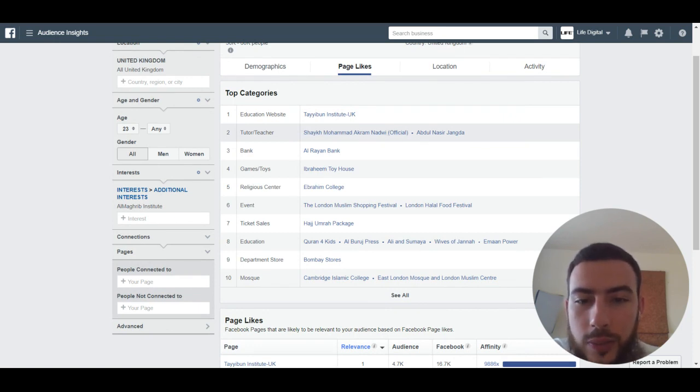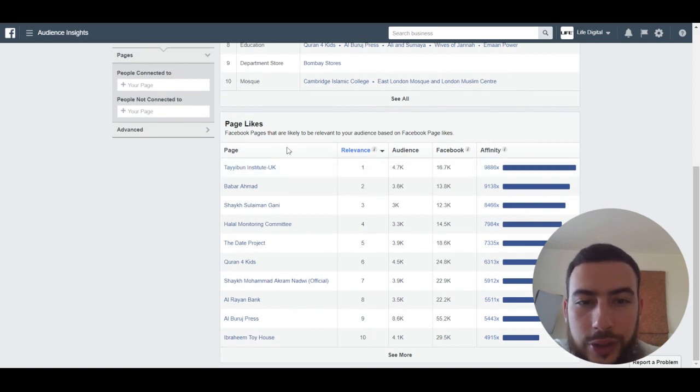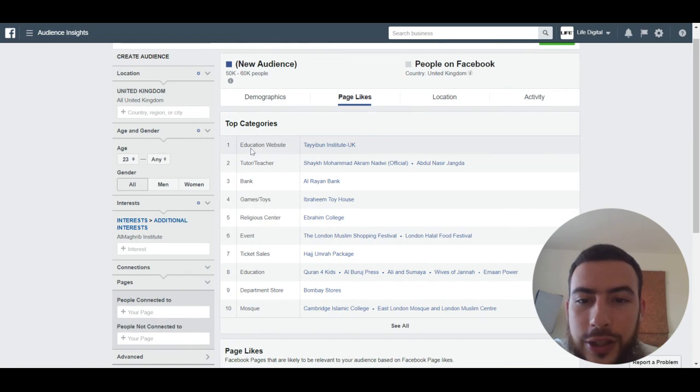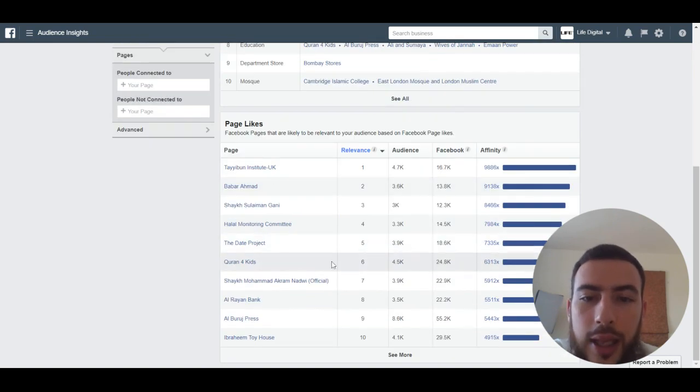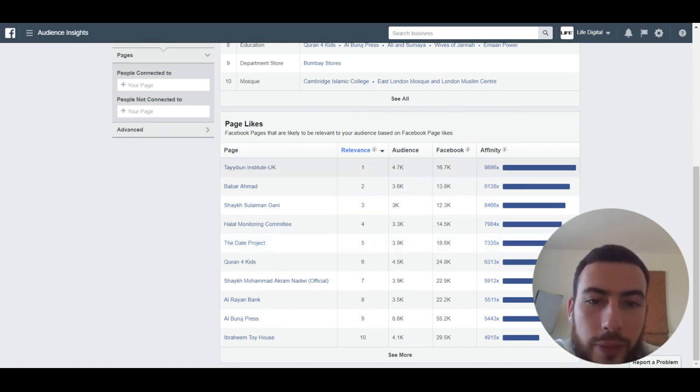Okay. Now we are talking about what they like. And then this is a more interesting area for me, the page likes area. So this is not in categories. This is just in general. What pages are they most likely to like and to engage with? And here it's got, inside of our audience, how many like this page, and then in the total in Facebook, how many like the page.